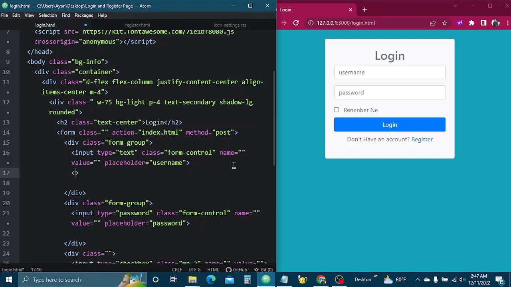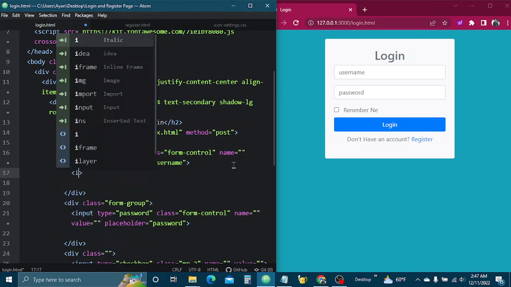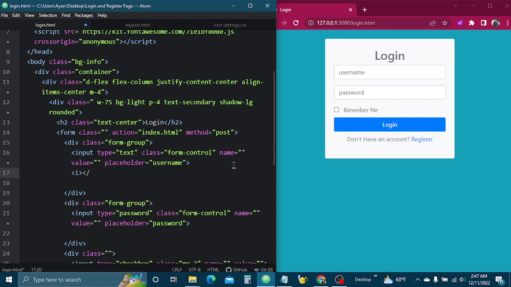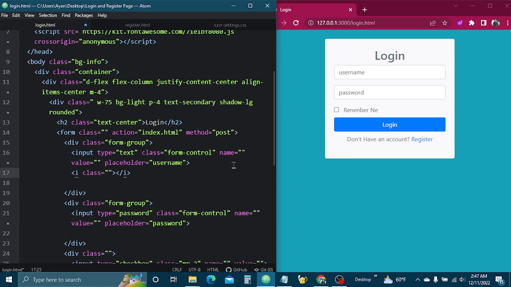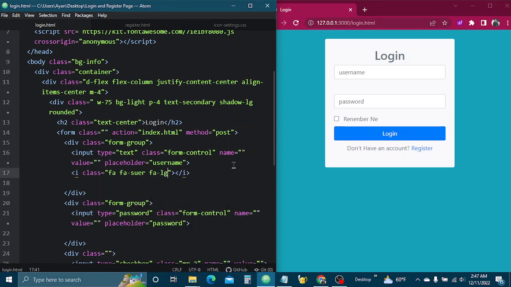For that I'll use the i tags, and I'll use some Font Awesome classes. So for my first icon I'll use fa-user, fa-lg. If I save this,